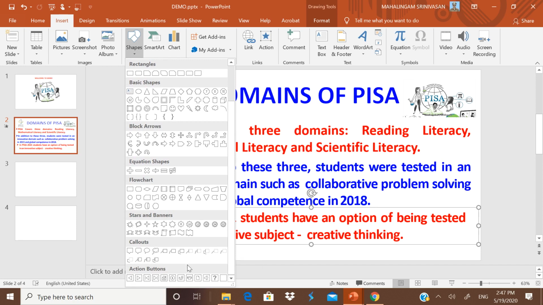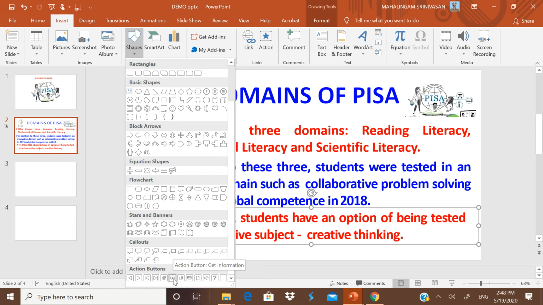But remember, if you just put anything and give any hyperlink, it will work. But for our convenience, if you are using a video, you will use this icon. When you are using an audio, you will use this icon. When you give a hyperlink to a document, you will click this icon. Now I will tell you how to give a hyperlink to the internet.